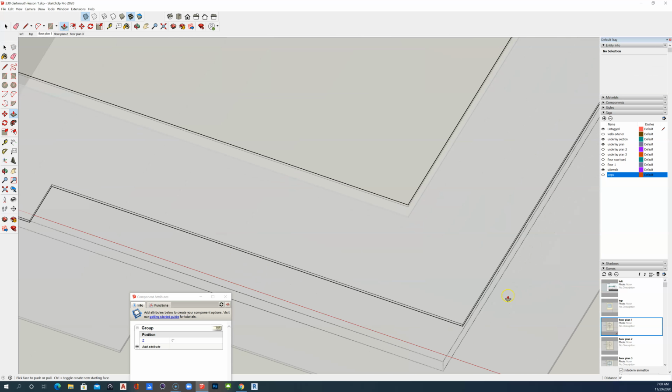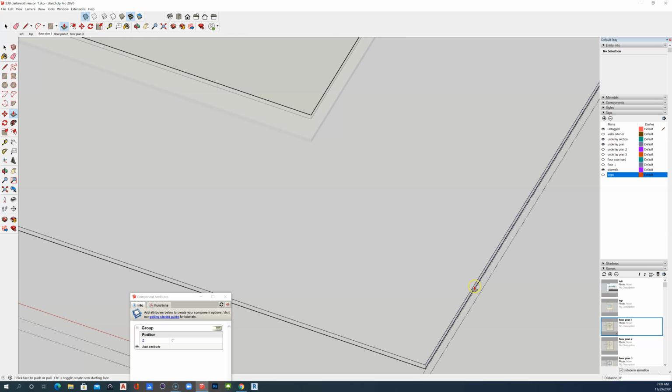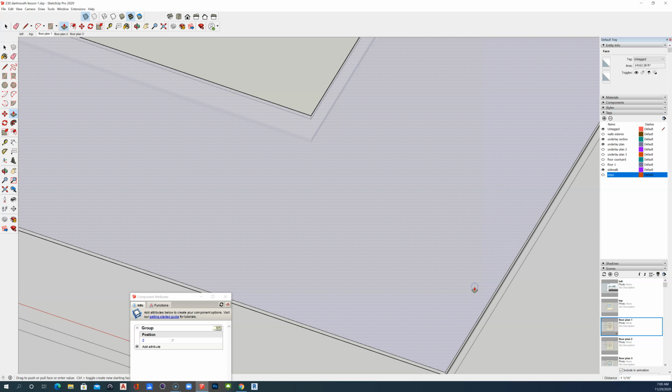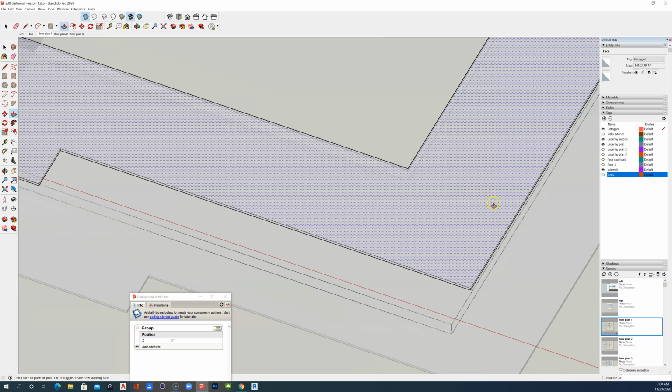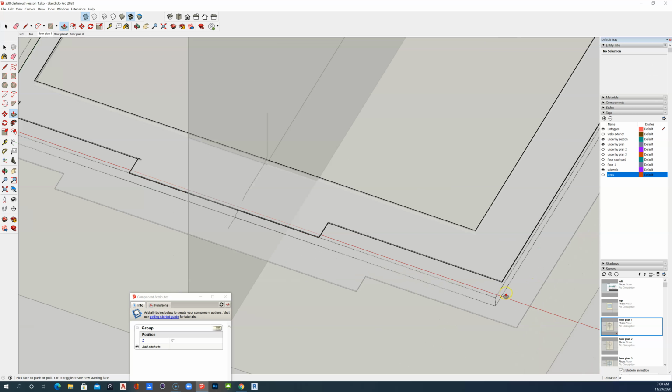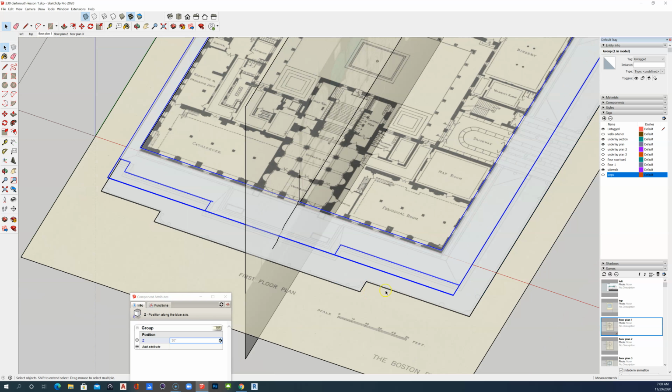So what am I doing? I'm just offsetting these faces. This is the last of them. 2 feet. So now if we turn on steps,